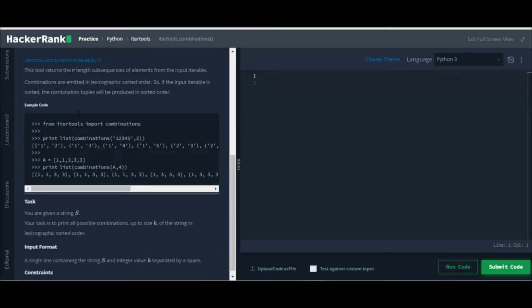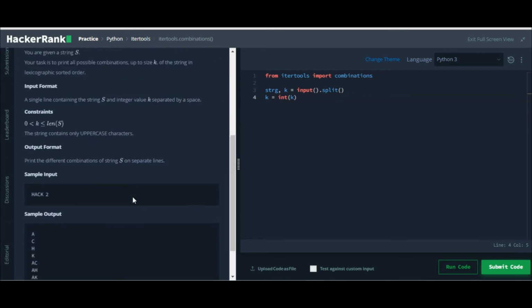So first things first, we'll import the library which we have to use, and let's take the input. It is space separated, so split, and I'll call them string and the value of k. So it will take the values of both inputs and store them in string and k. We want k as an integer type, so k equals int(k). And string is already in string form.